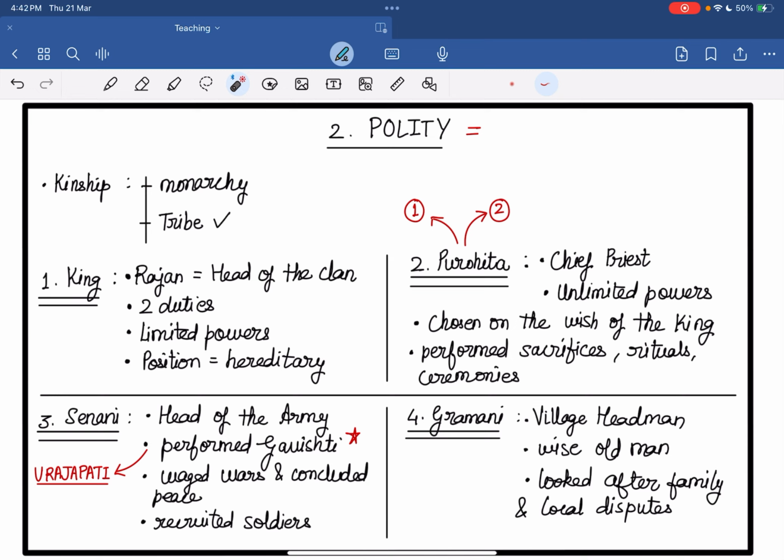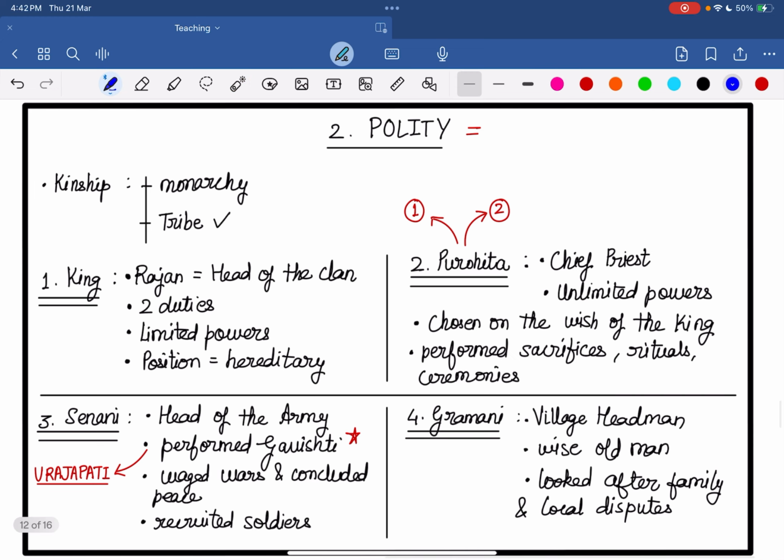Now the second key player happens to be Purohit. And mind it that the Rig Veda talks about 2 important Purohits. Purohits are nothing but sages. We saw in our first lecture that there were two important sages. One supported King Sudas and his clan, and the other supported Dasarajana. So there were two Purohits, sage Vashishta,